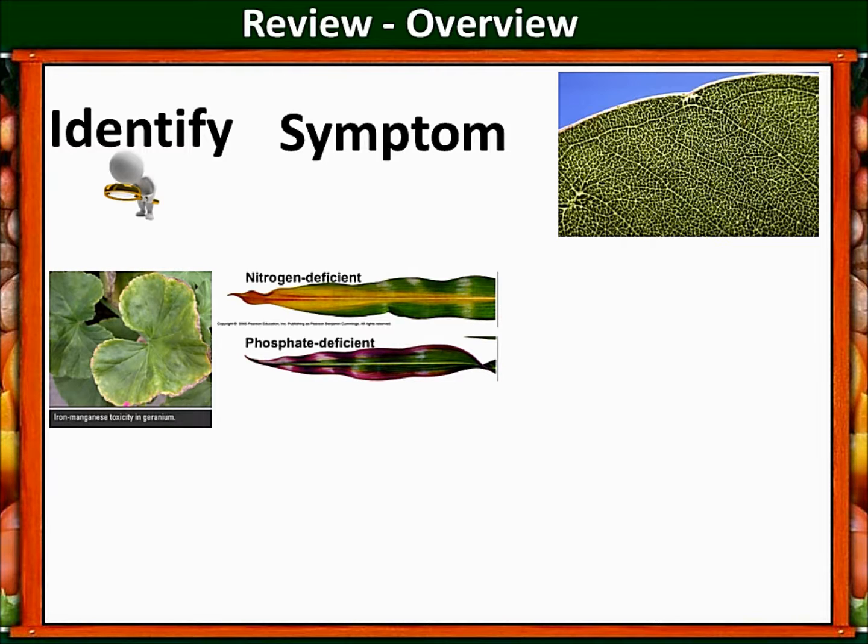E quem lembra como é que seria a deficiência de potássio? Potássio seria uma queimadura das bordas. Então, a edge burning will be a potassium deficiency. Now, nitrogen,